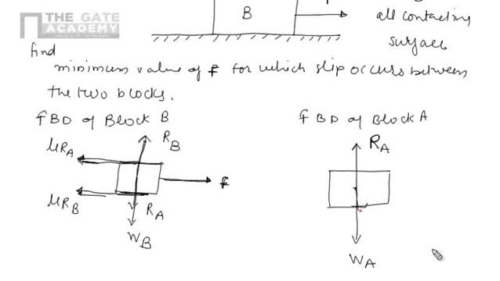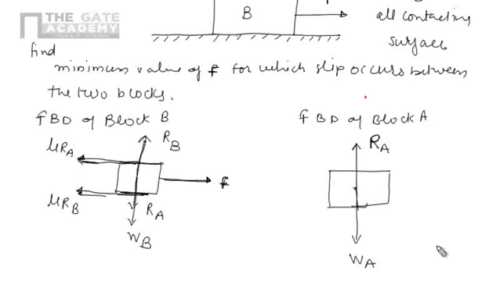We have to consider the frictional force also in that case. So the frictional force is mu RA for the A block. And if you see the frictional force in case of RB at the same contact surface, we are representing it here like mu RA, and here we will represent it. I am again repeating this.